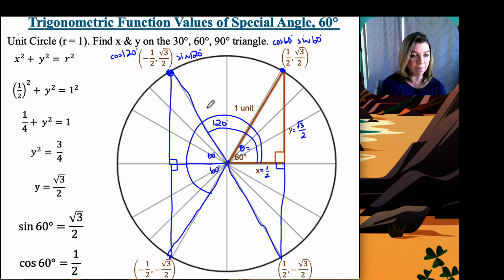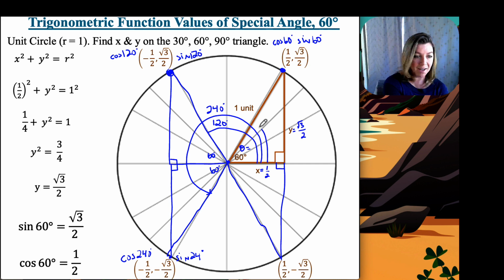That is 240 degrees. So we have found that cosine of 240 degrees is equal to negative 1/2, as well as sine of 240 degrees. We found that to be equal to negative radical 3 over 2. And last one,